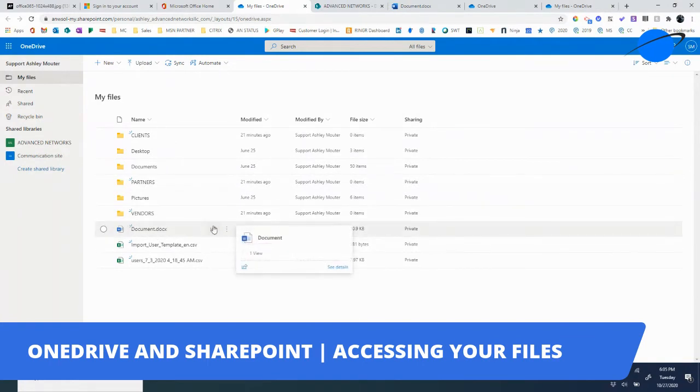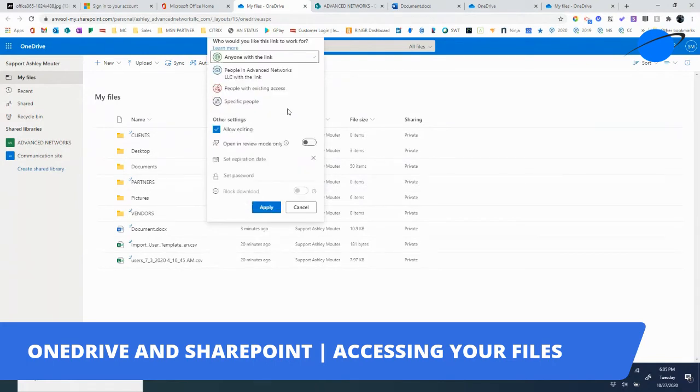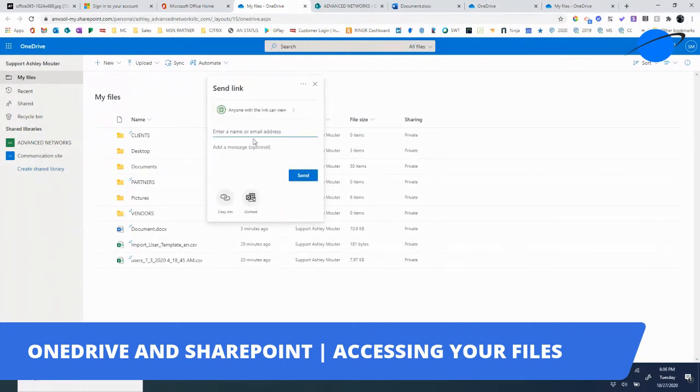So this document we were just working on, I can hit the share button, and I can send a link or an email if you want. You can still send an email, but the easiest thing is I can set the restrictions here. I don't want people to edit it. I just want to have somebody to see it. So if I apply that, or maybe you do want an edit, I could send this to whoever I want to send it to. An example, I could send it to this person as I'm logged in as Ashley and